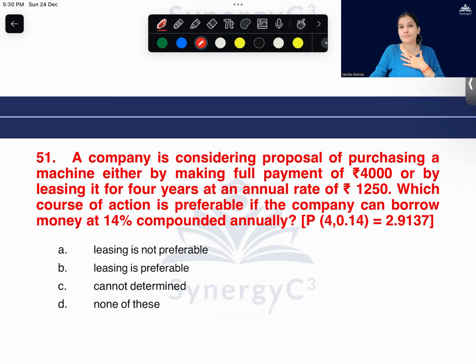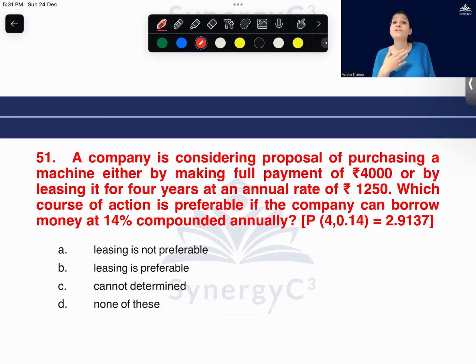Lessor, I am the owner of the place. Either I have to make a decision whether I should rent out my place or sell it. For example, the owner of this building was deciding whether he gets more money if he sells it right now, or if he gives it on rent. He calculated that if he sells it now, he gets a sum of 1 crore. But if he puts it up on rent at 1 lakh rupees every month, then the accumulated amount for 4 years is more than 1 crore. Then why should I sell it for less? I'd rather put it up on rent and get more accumulated amount.